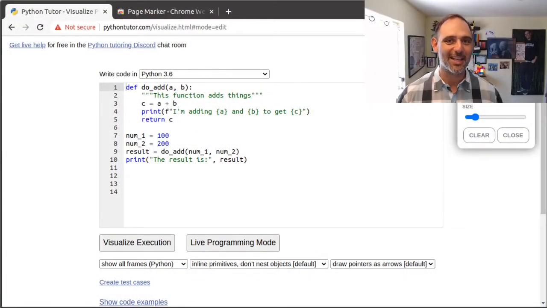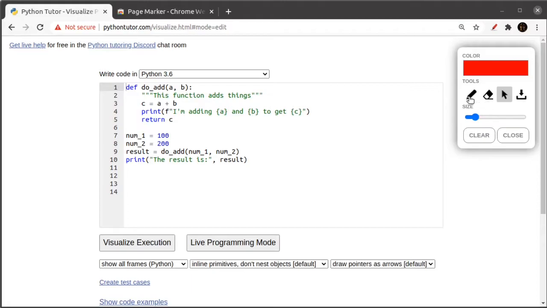Okay, so you can see here that I have the code written out already. I'm going to talk about it for a minute. I've written the doAdd function. So my function starts with the word def and it's named doAdd. Inside of the parens are the variables a and b. Those variables are the inputs to this function. This function expects, in fact insists on, two different inputs that we have to supply at the point where we